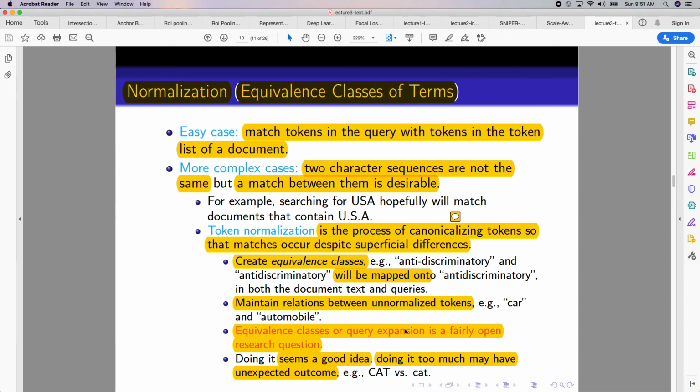So another important term is normalization, which is equivalence classes of terms, and that is where we're going to continue